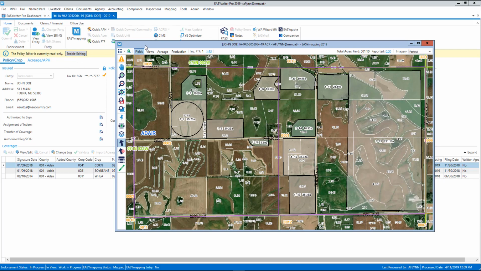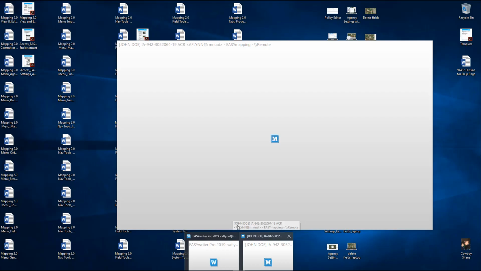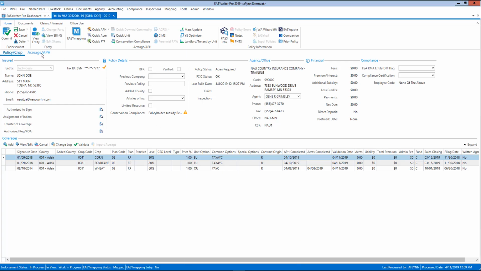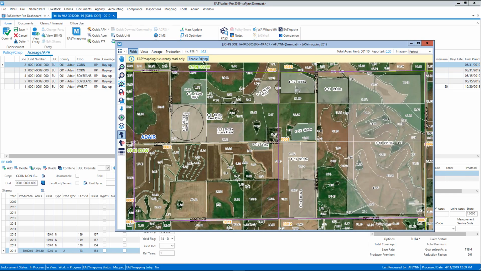In the past, you would have to close EASYmapping in order to make any changes to the policy side. Now, all we need to do is select the Enable Editing button. You'll see EASYmapping, what looks like closes, is actually just minimized down below, as you can see here. And now I have the ability to either edit my policy, for example, maybe enter some production, change a unit, whatever the case may be, and then very quickly jump back into EASYmapping, and you notice the Enable Editing button